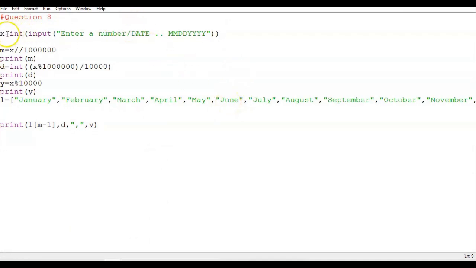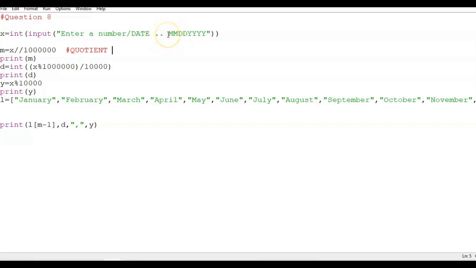Just to save our time, I have already written the program in the Python IDLE, so please check it. There is one variable x in which first I am taking the value for the date, with the prompt to enter a number which is actually a date, in the format month, date and year. The divide sign, you know very well, will give you the quotient. As you can see, 1 2 3 4 5 6, this quotient is giving you the month value.